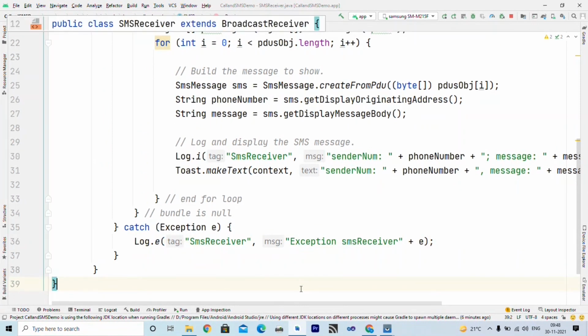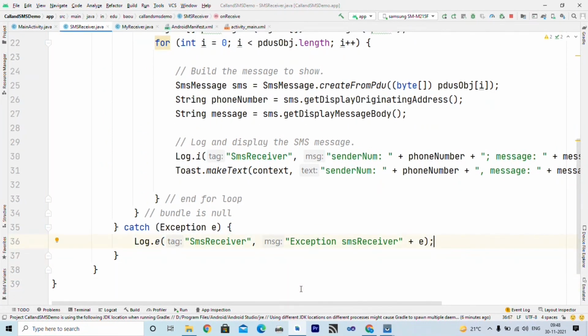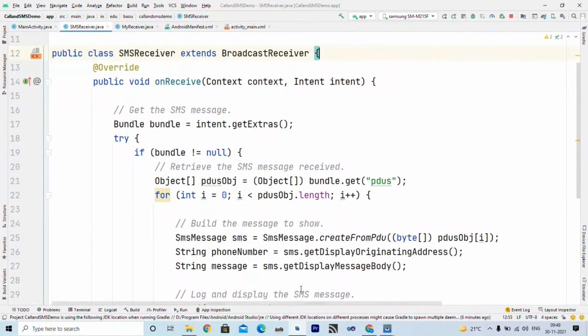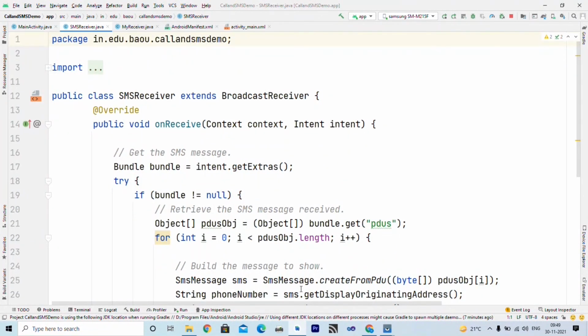If there is some exception, we can handle that using a try catch block. So this is how we can also receive SMS.